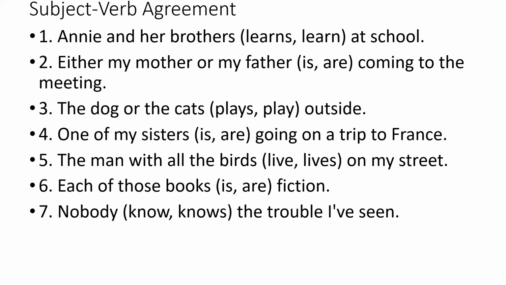So when we're dealing with agreement issues involving subjects and verbs, again, we're making sure that if we have a plural verb, then we also have a plural subject, and a singular verb goes with a singular subject. This is only really an issue if we're dealing with present tense verbs. Most past tense verbs do not distinguish by number, with the exception of was and were. I believe that's the only exception.